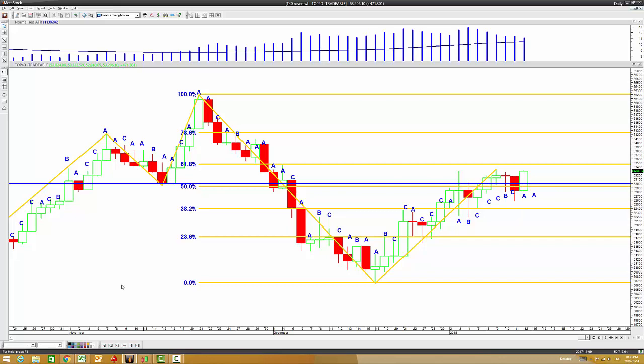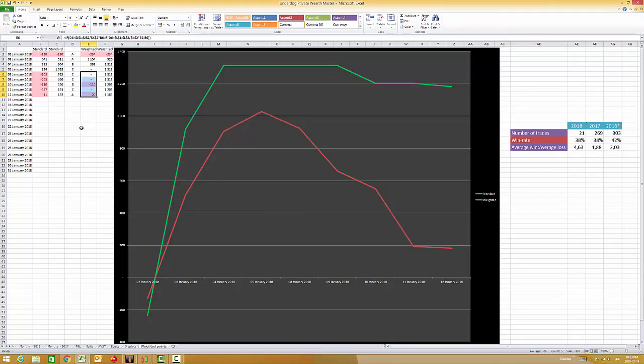If we just look at what's been happening on the results side in our trading room, where we do intraday trading on a 15-minute chart, that's our equity curve for the year to date, and you can see over the past week on a standard weighting basis we're actually down 846 points, which is reflected in this red curve over here.